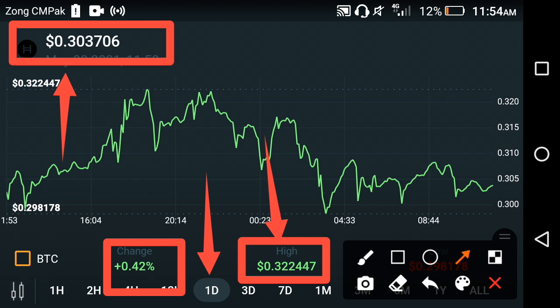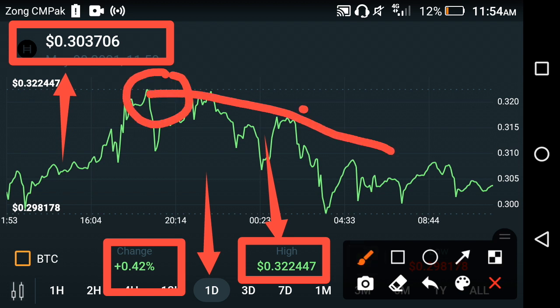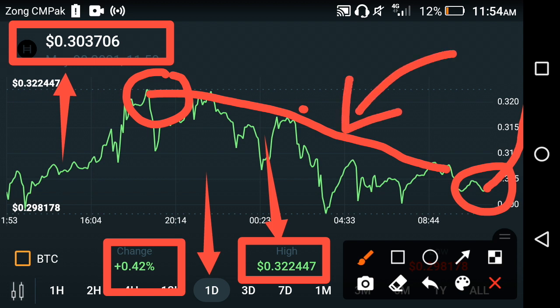So friends, what's the next target, what's the next move of Hedera Hashgraph? As you can see here, after this point, a fall occurred in Hedera Hashgraph over and over. But if we look at the current situation, I hope from this point they take a high jump, because that is the common phenomenon of the cryptocurrencies market, that after a fall there is a jump. As you can see here, the previous period of Hedera Hashgraph was in a fall, friends, so now they again take a jump, friends.